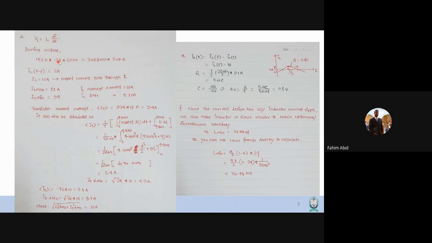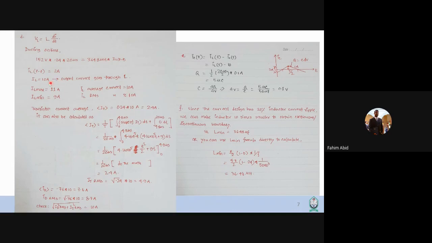So this is 0.24 multiplied by 20 microsecond, and this is your inductance value L, and this is IL peak to peak. So from here you can calculate IL peak to peak is 2 amp,